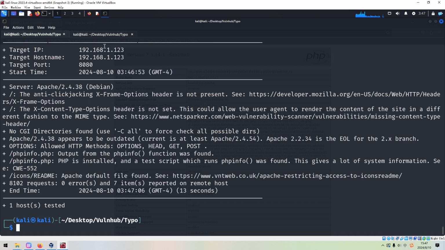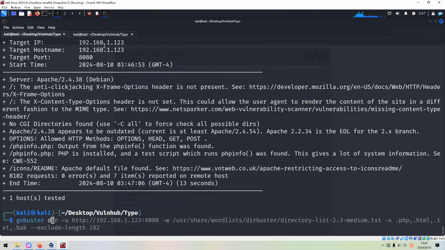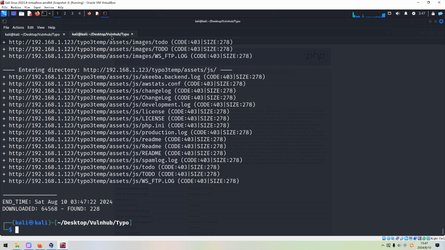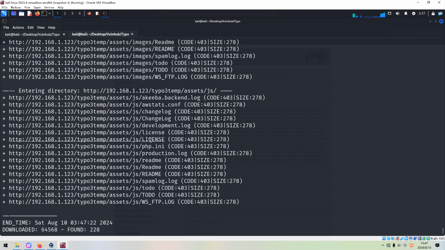All right, so next we can launch the directory enumeration for 8080. GoBuster directory. Okay, press enter. So it's done.